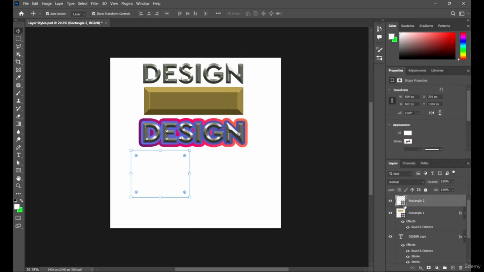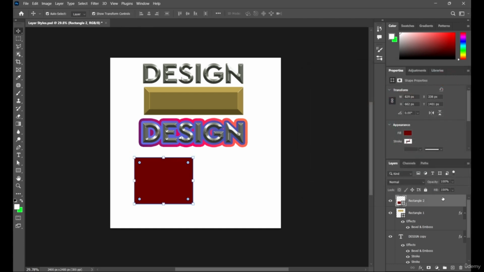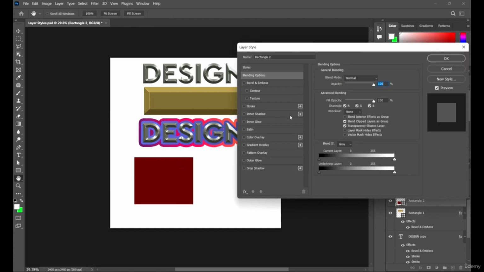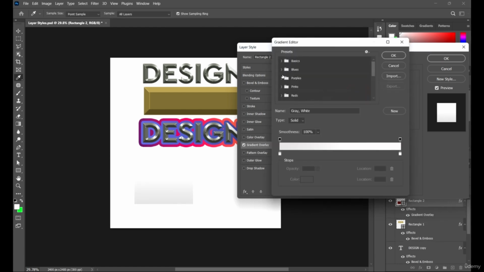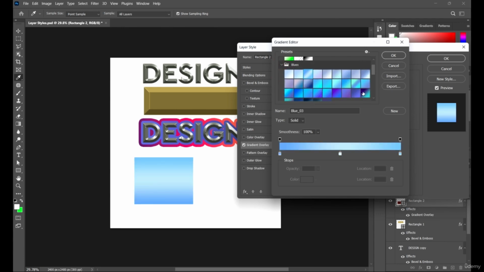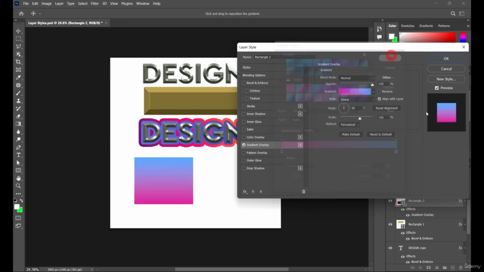Now I'm just going to change the color so that you see even more clearly. Whatever color we have on our shape, or whatever pattern we have, if we add the gradient overlay, it's going to be replaced with a gradient. And then we can choose a preset and edit our preset just the same way we edited the gradient fill,